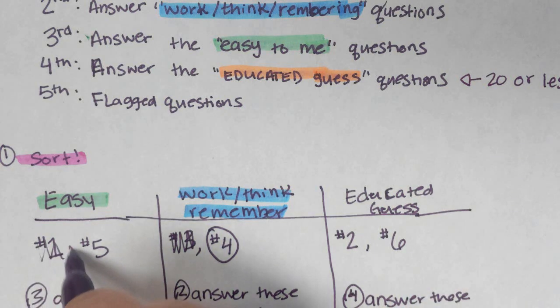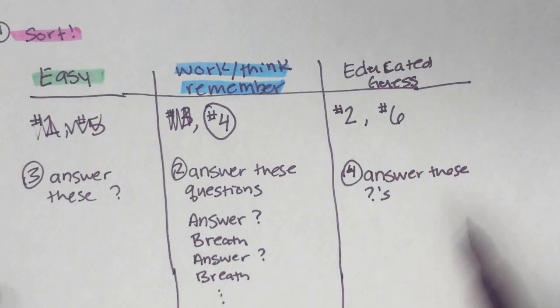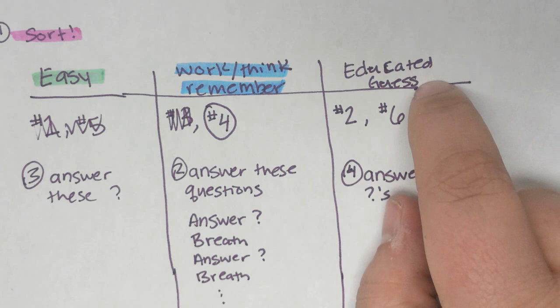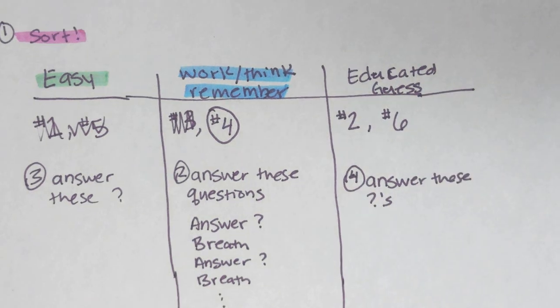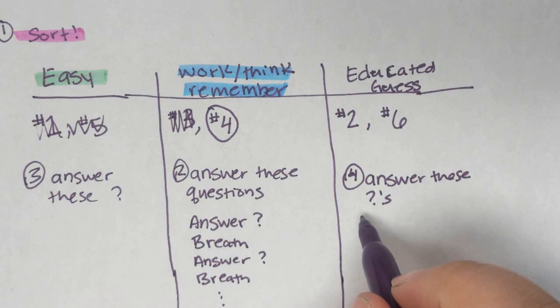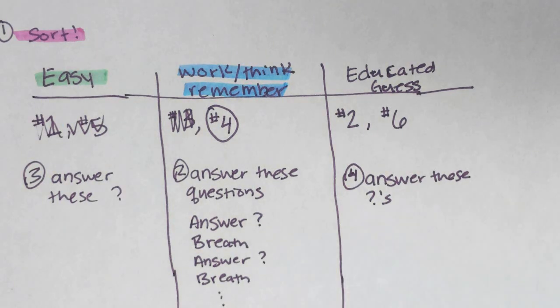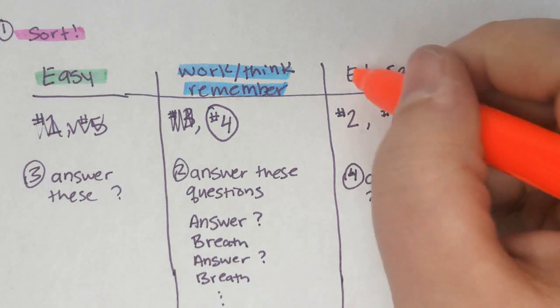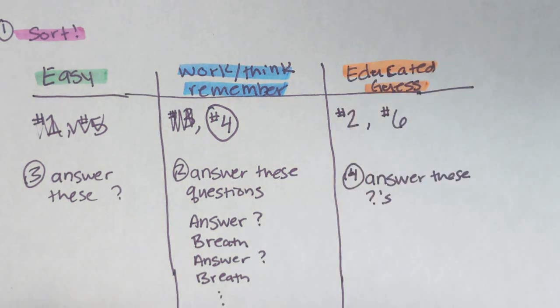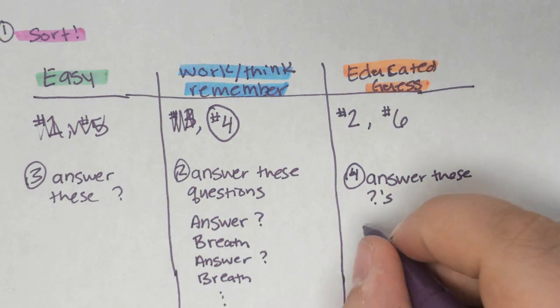I answered number 1 and number 5. Now I'm going through the educated guess columns, and as I'm answering these, to differentiate between just a random guess on number 2 and an educated guess, we're asking that students on their scratch paper do some things to actually make this an educated guess. Okay, so for our educated guess column, we will do the following things. We will, on our scratch paper,